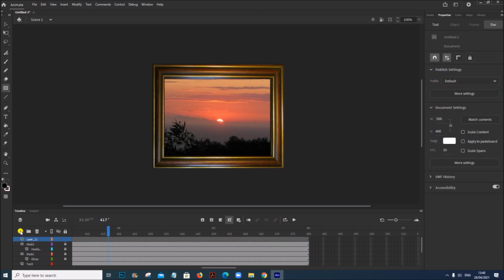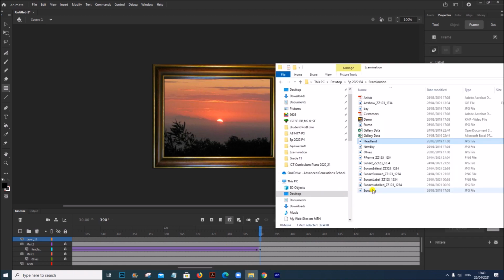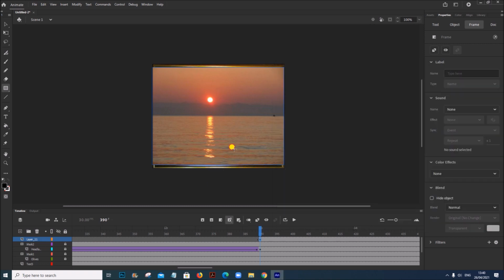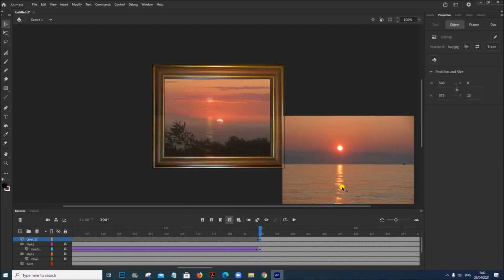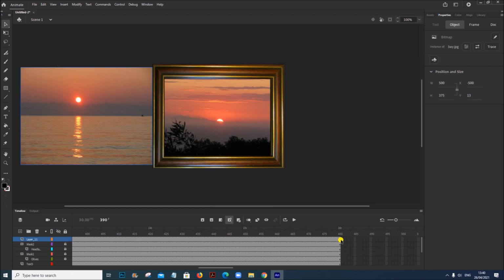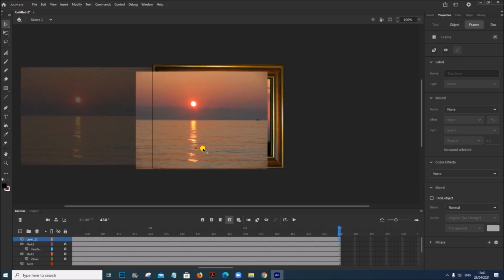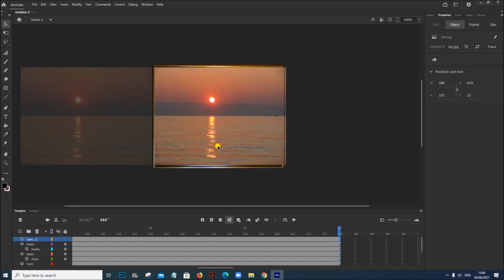One more image is left. Add a new layer. The bay image, so drag it here. Now we have to keep it here at the end of the animation.